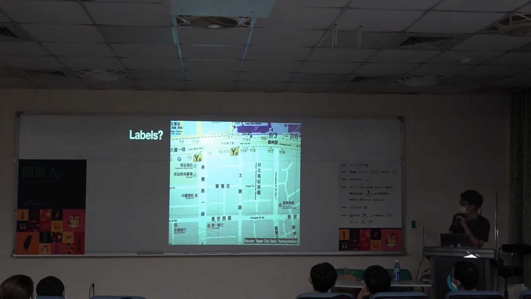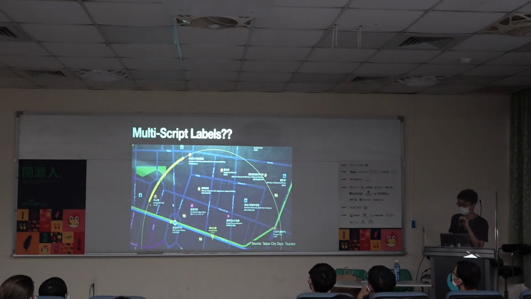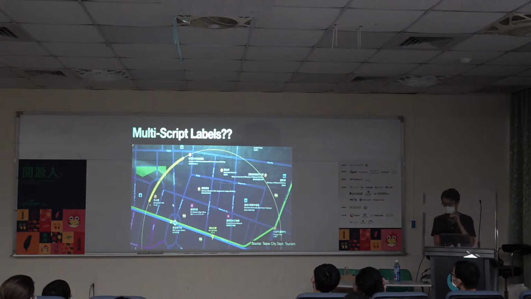And what you might notice is there's multi-script labels. So there is both English and Chinese in the same label. And this is very common. There might even be triple script labels, where on a lot of tourist maps in Taipei they will have English and Japanese and Chinese all on the same map. And this is an exciting opportunity for vector tiles because you can choose what language labels you want to put on the map